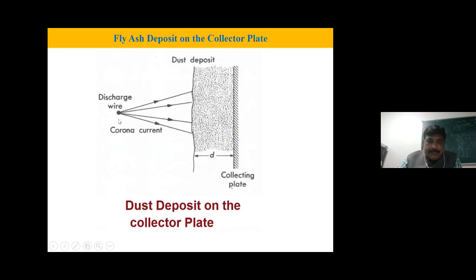Now you can see here, this is a discharge wire from where particles are coming, and this is the plate called the collecting plate. The particles get attached. Now this is a very thick layer of particles, the dust layer. If this continues to a large extent, what happens? Again, a voltage gradient sets up in the negative direction, and suddenly everything will explode and come out in the mainstream. That is why these plates are continuously